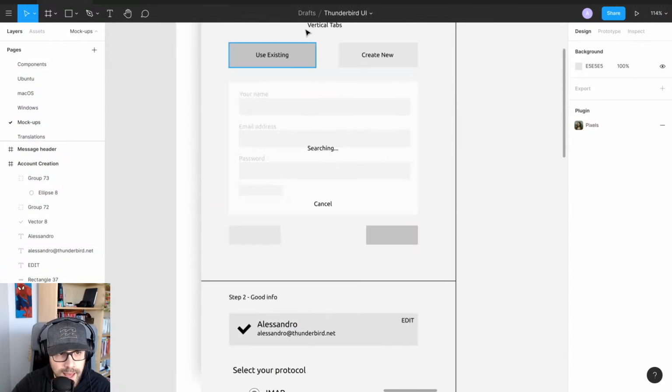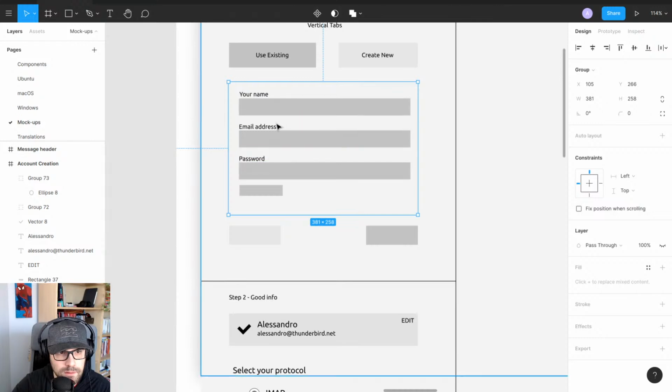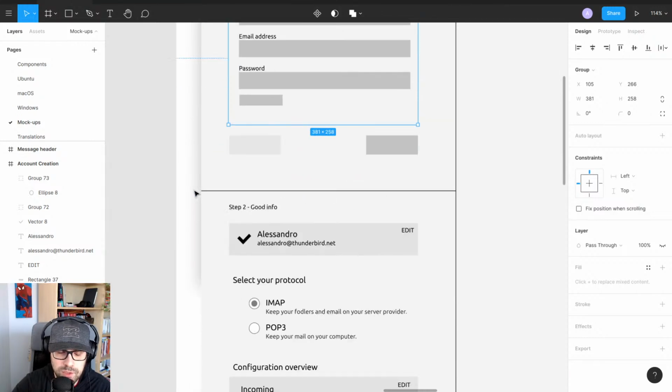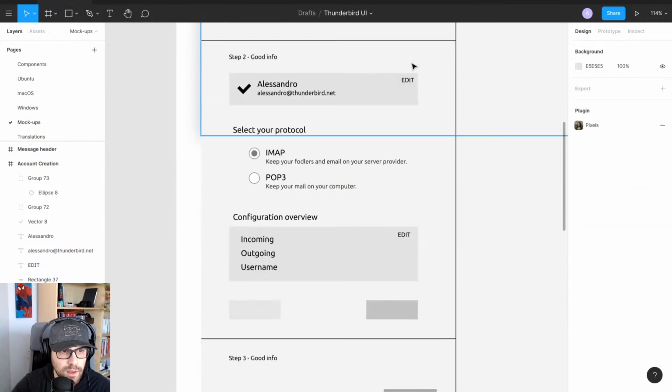correct. So we collapsed the fields, because you don't need to interact with the fields anymore. If you click edit, of course, it's gonna open back up the fields, and you can update them, and it's gonna remove these. But here we give way more information to the type of protocol that you need to select,